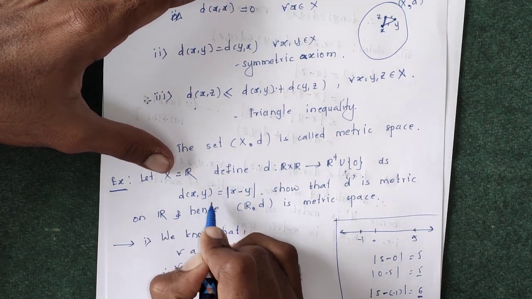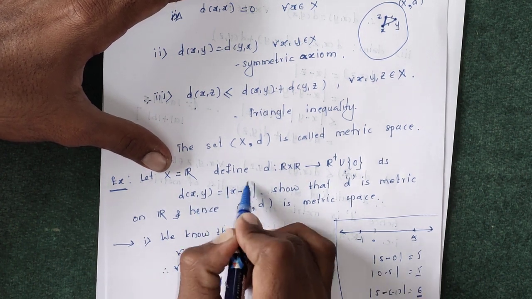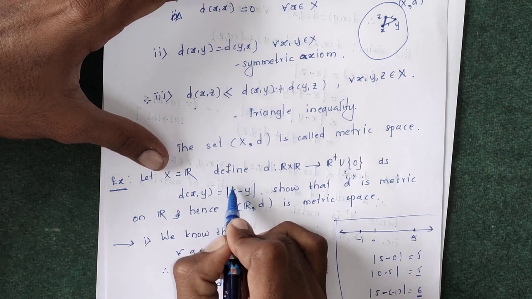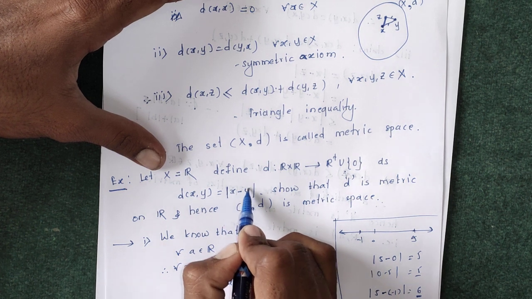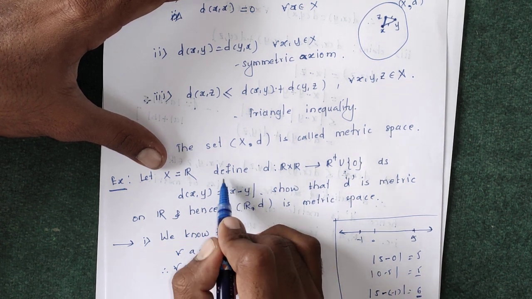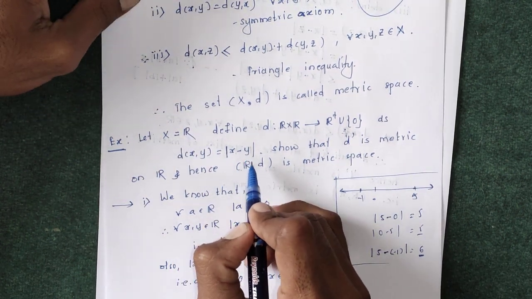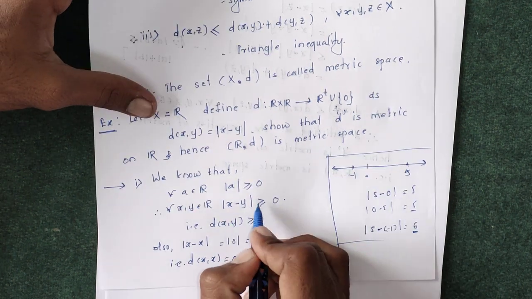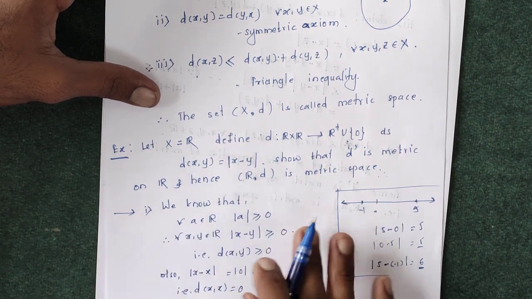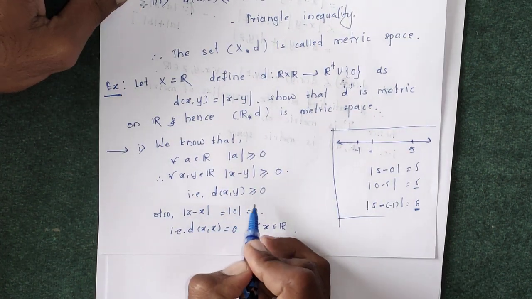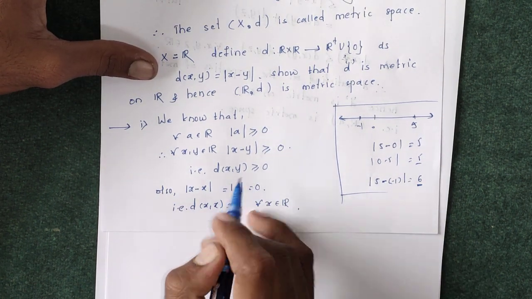first property, distance of xy, is greater than or equal to 0. But distance of xy is defined as mod x minus y, and we know that the modulus of any real number is always greater than or equal to 0. Here x is a real number, y is again a real number, so x minus y is again a real number, and the modulus of any real number is greater than or equal to 0. So we get mod x minus y is greater than or equal to 0, and mod x minus y is equal to distance of xy. So distance of xy is greater than or equal to 0, which implies that our function satisfies non-negativity, and also